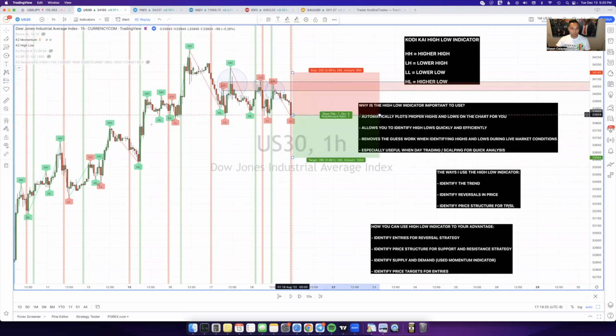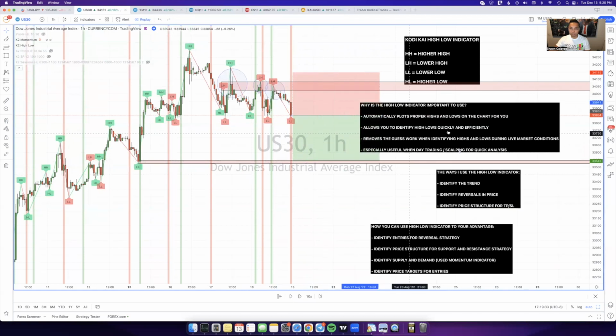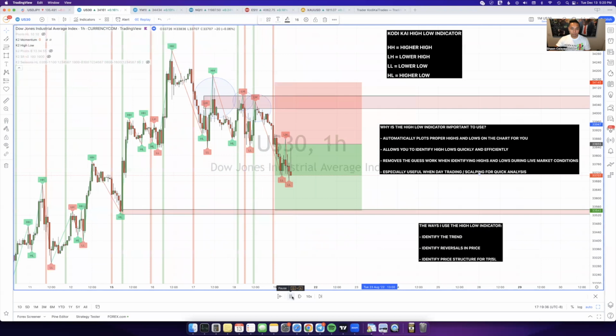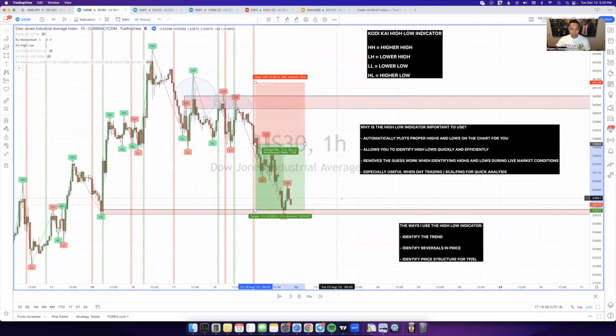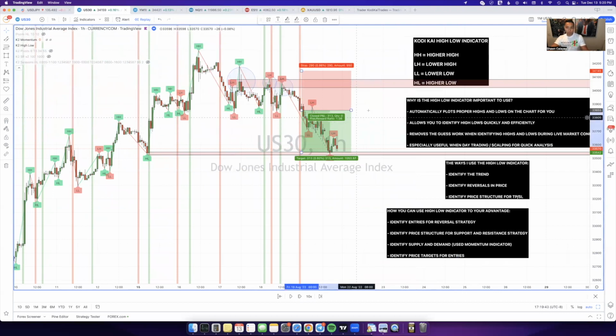Okay, perfect. You want to take the entry right there? Great. Where's your TP going to be? Probably down here, right? Because this is the next price structure that hasn't been tested yet. Let the trade run from that point. There you go, full TP. So that's one way to use it. Another way to use it is to identify supply and demand, right? So one way to do that,